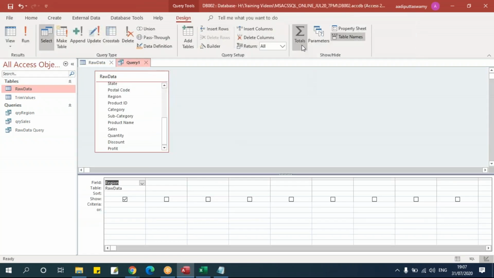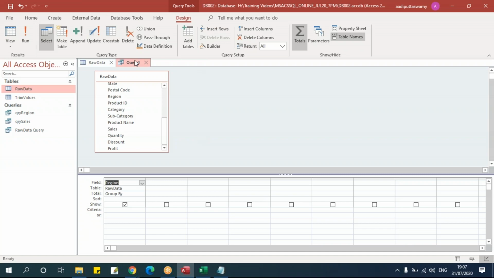Same thing, if you want to do here, let's go to this design view. Here I have this totals. In the design mode, if I go to this total and if I click on this, this will group the column here. You can see that I got one more parameter, total. Let me just remove this. The total is not there now. Let me click again. I'll get this total. So when I say total, it says group by. What this group by will do is it will combine all the common values and it will give me the unique values by the combination.